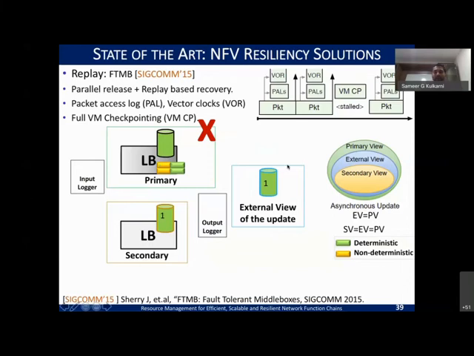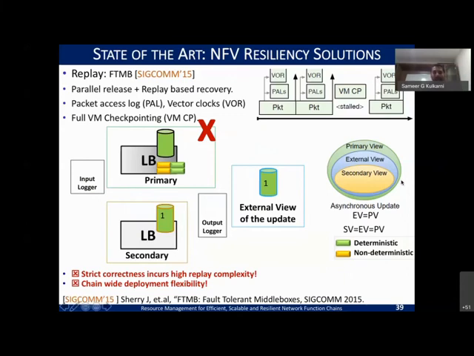And here you can see that this approach, although it ensures that you get rid of non-determinism, is a strict correctness approach where the output logger's info and the input have to have this correspondence and updates at the load balancer so that it exactly mimics the primary, right? And again, if you have to have this, that means you need an input and output logger for each of the network functions in the chain. That makes it highly inflexible for deployment.